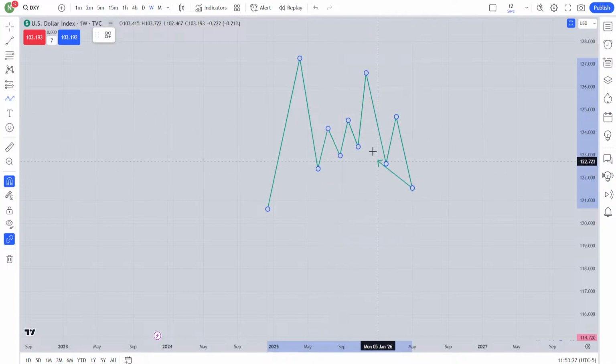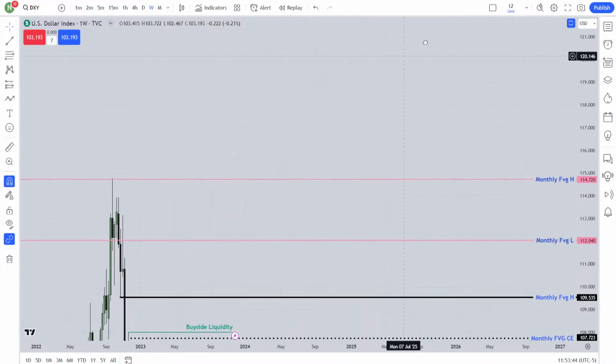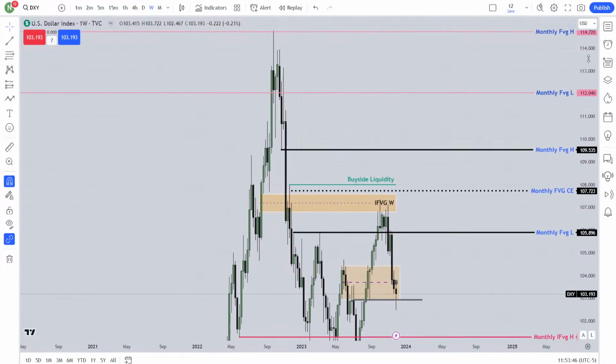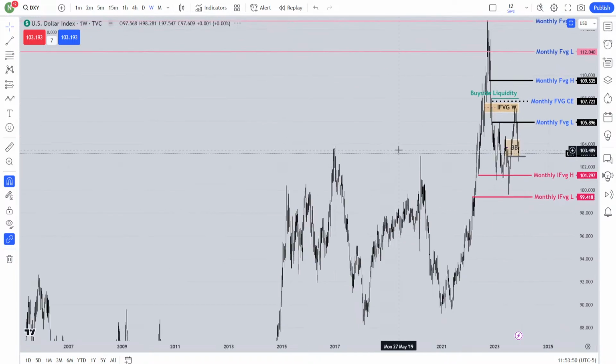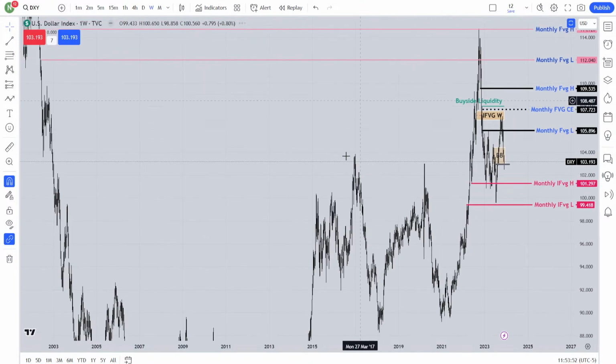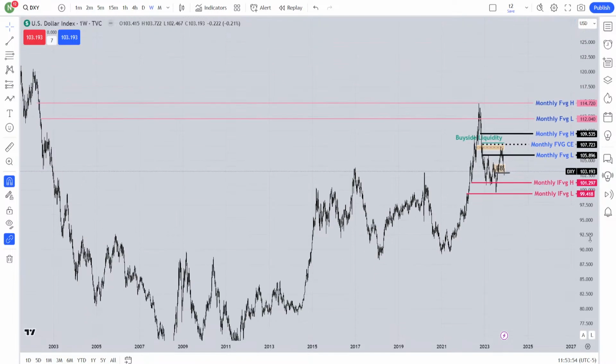It will take some kind of liquidity. I don't need to go here to take all the liquidity over here. It will take some kind of liquidity from here, okay. Then this inversion fair value gap is valid for me. This is for me. I'm not telling anything here about ICT. ICT told about the inversion fair value gap. You can check them or whatever. But this is the thing I love to mark for my inversion fair value gap.